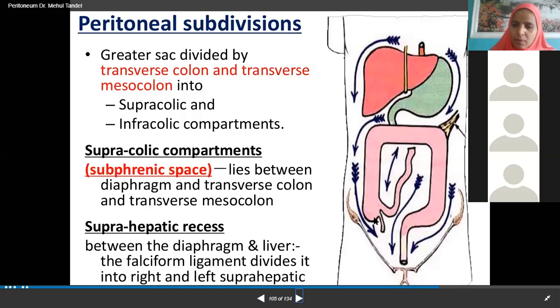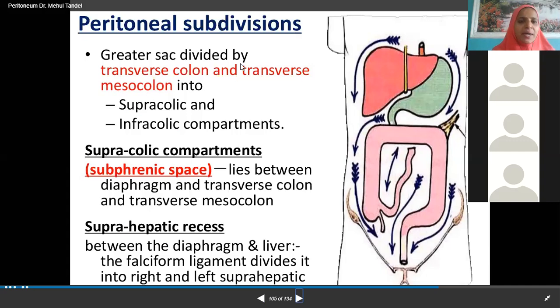Colon, ascending colon, transverse colon, descending colon, sigmoid colon, rectum, anal canal. Now see here, so many arrows are shown. That means here also we have certain peritoneal areas. So once you understand the labelings, now we will try.